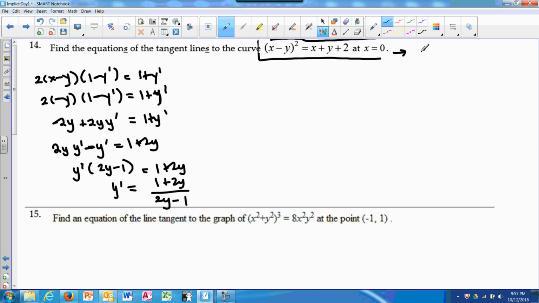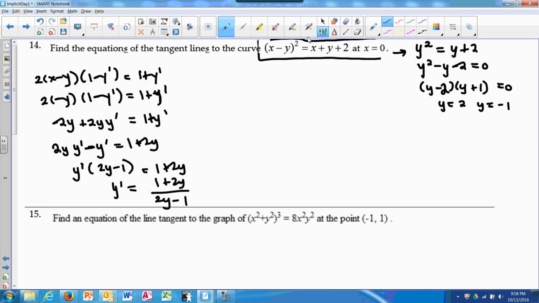If x is 0, I get negative y squared, which is positive y squared because the negative's in the parentheses. So negative y times a negative y is positive y squared, equals 0 plus y plus 2. So y squared minus y minus 2 equals 0. That's factorable as y minus 2, y plus 1 equals 0. So that means that y equals both 2 and negative 1,